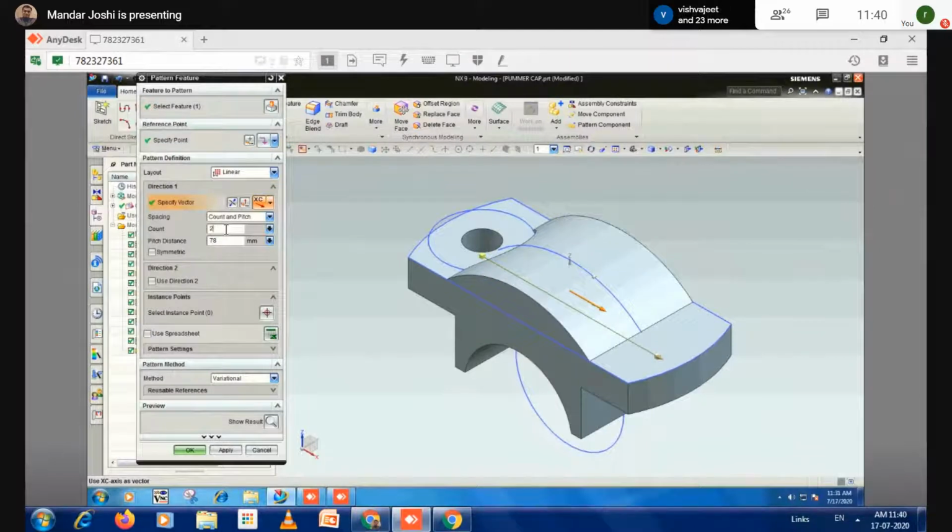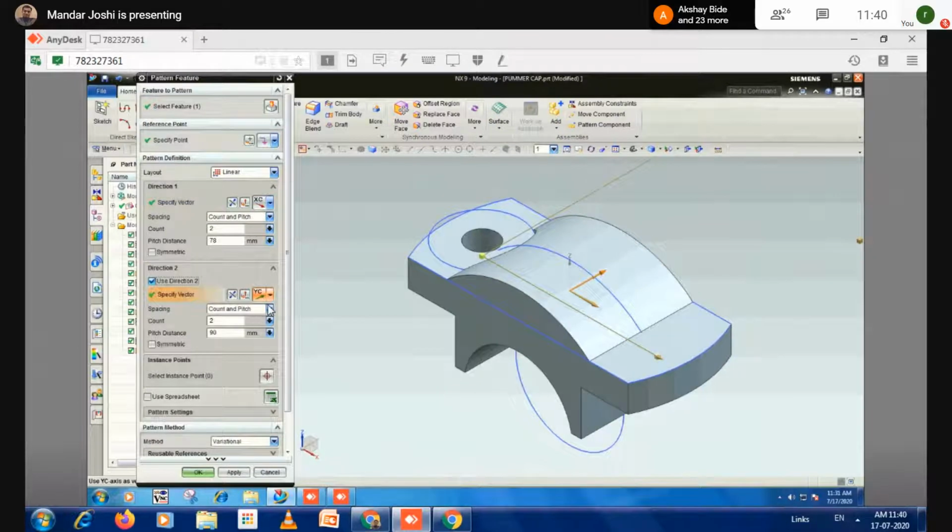After that, do I require the second direction? If you want a second direction, select this option, and the direction may be Y or anything else. You can define that, put the values, and define the spacing between each instance.